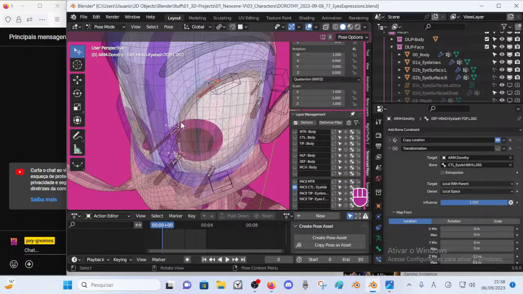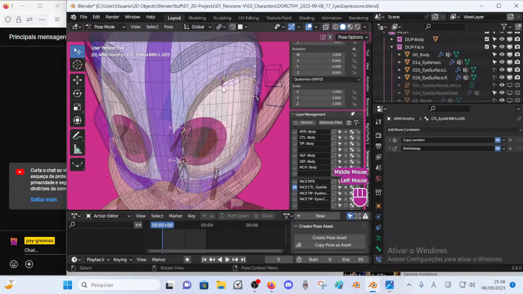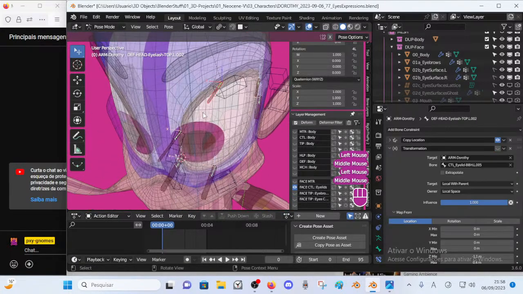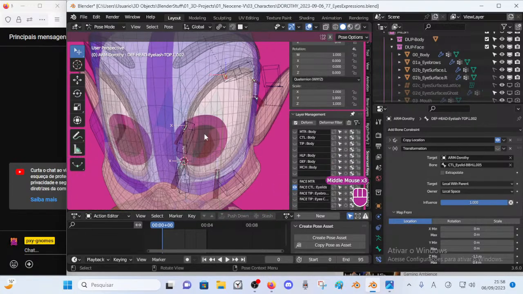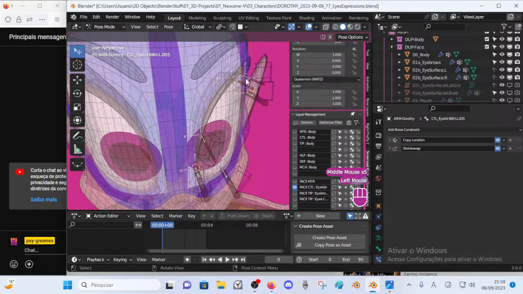Well, because the rig is too simplified. There are stacked functionalities. We need to unstack that and redistribute the functionalities to specific bones.